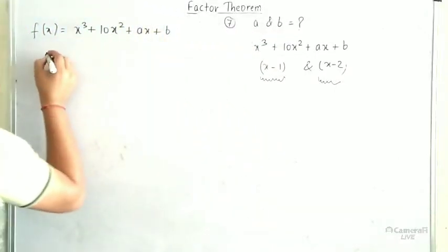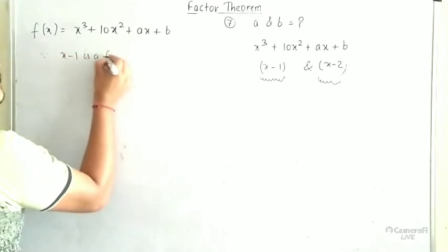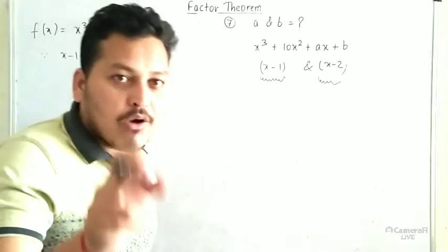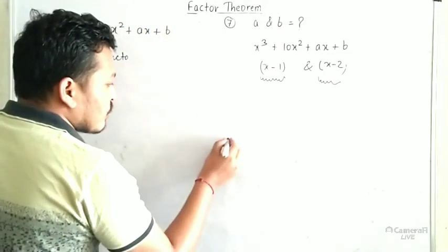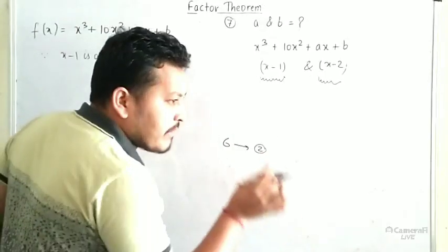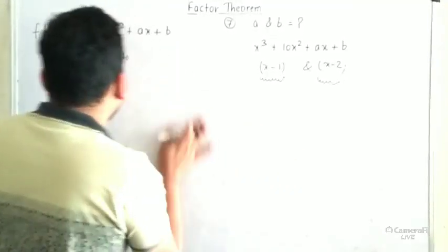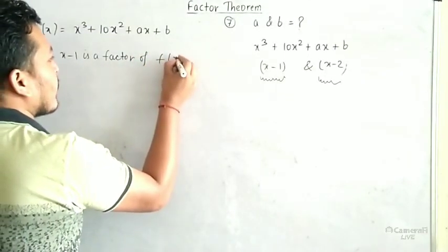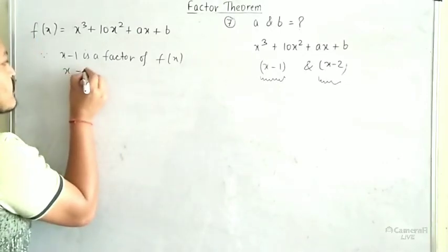Okay, so for first x minus 1, since here given that x minus 1 is divisible, डिविजिबल है तो क्या होगा, फैक्टर होगा। ओके, यहां देखो जैसे 2, तो 6 इज डिविजिबल बाय 2, you know that 6 is divisible by 2, we will get remainder equal to 0, तो we can say that 2 is a factor of 6, वही चीजें यहां पर भी है। ओके, तो x minus 1 is a factor of fx. Okay, तो so that remainder is equal to 0, you know that remainder is equal to 0, तो x minus 1 is equal